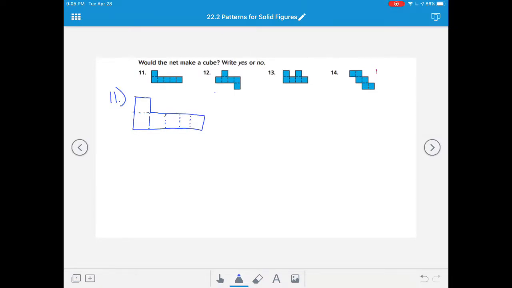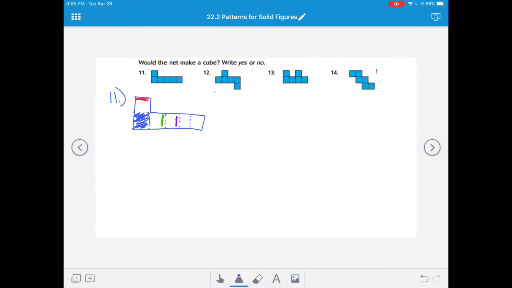Now, if I were to make this my base, so I'm going to shade that in here, I could fold up this top piece. I'll use a different color so you can see which one I'm talking about. I could fold up this top piece to be a side, and I could fold up this piece to the left or to the right to be the other side, and then the next piece after it could be my top,